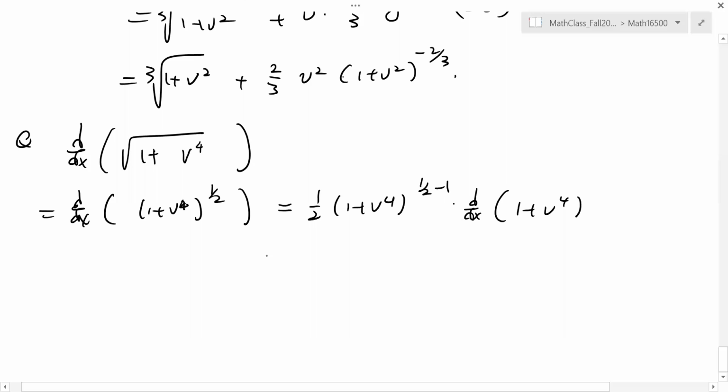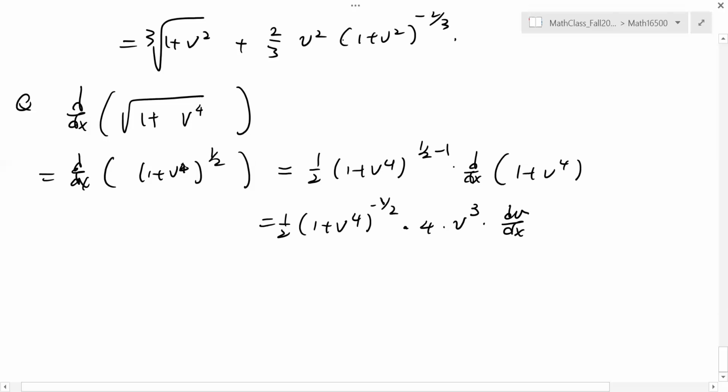So it's going to be 1 half times 1 plus v to the fourth power to the negative 1 half. But when you differentiate the v to the fourth power with respect to x, you have to do this. Right? Don't forget the dv over dx. So the final answer will be